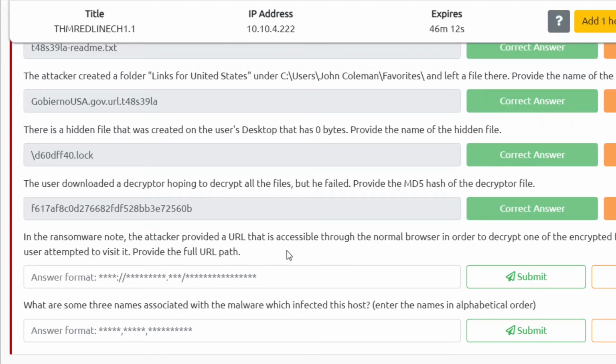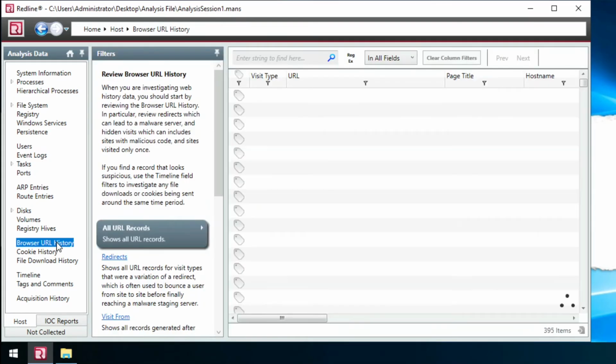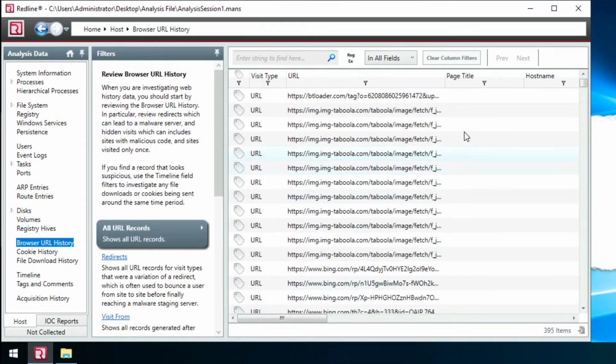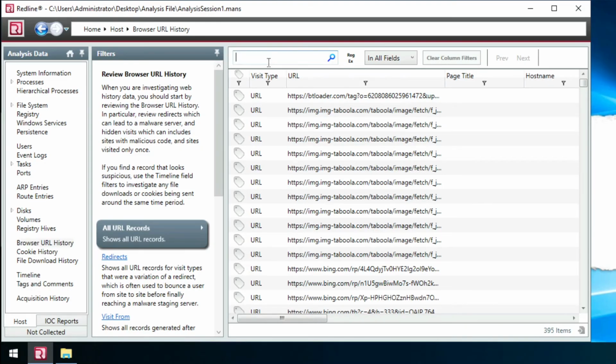In the ransomware note, the attacker provided a URL that is accessible through the normal browser. In order to decrypt one of the encrypted files for free, the user attempted to visit it. Please provide the full URL path. So this must be under browser URL history. Lots of entries are there, 395. We need to narrow it down. Encrypted. Ransomware note. Maybe let's try with ransomware